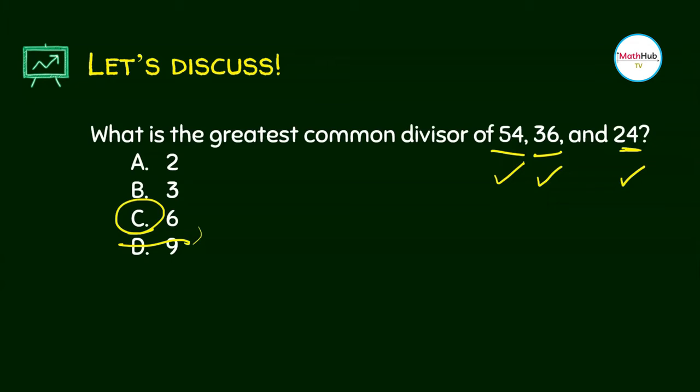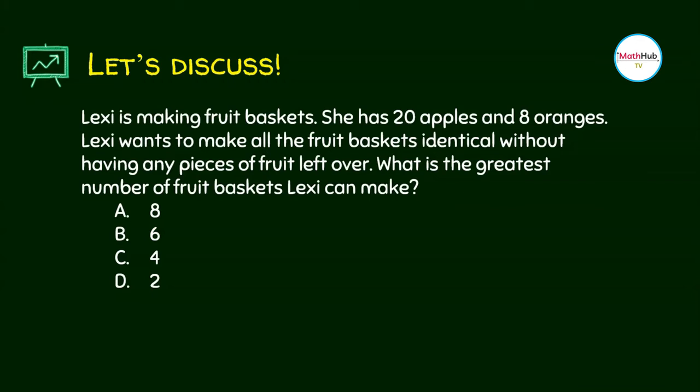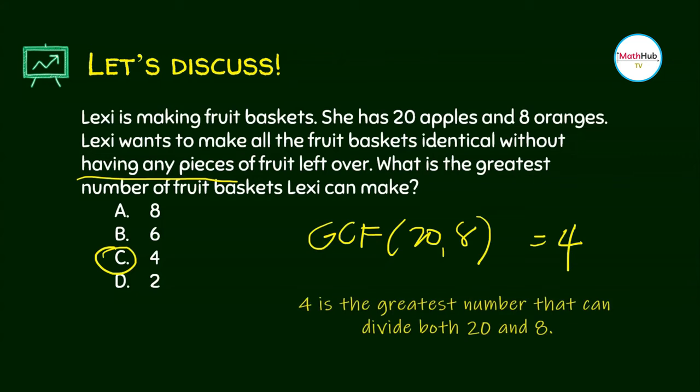No computations needed, right? Next, Lexi is making fruit baskets. She has 20 apples and 8 oranges. Lexi wants to make all the fruit baskets identical without having any pieces of fruits left over. What is the greatest number of fruit baskets Lexi can make? What kind of question is this? It's just a matter of looking for the GCF of 20 and 8. What would that be? The answer is letter C, 4, because 4 is the greatest number that can divide both